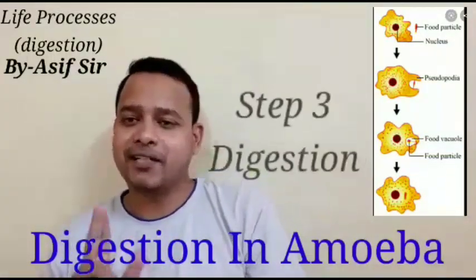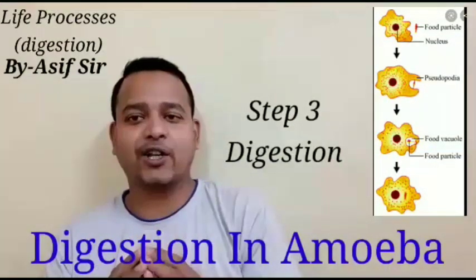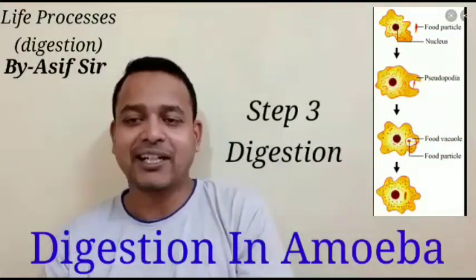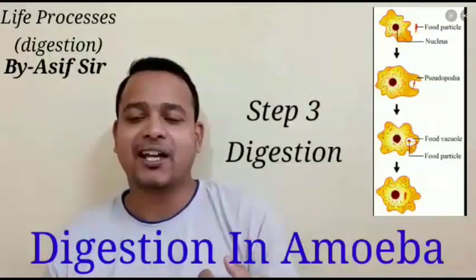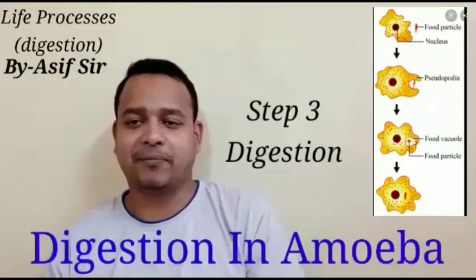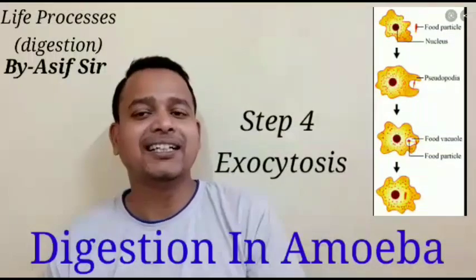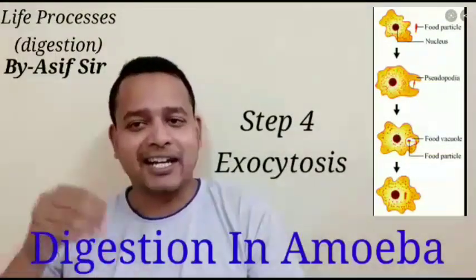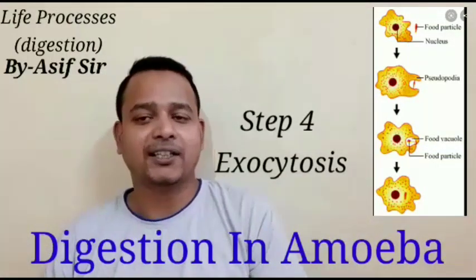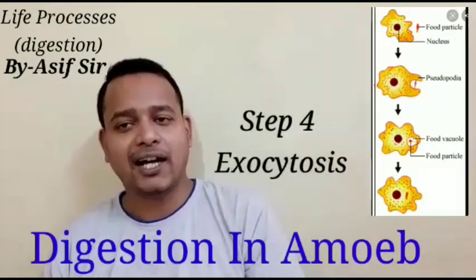The third step, digestion. In this step, whatever food is stored in the food vacuole now gets covered by the hydrolytic enzymes, that is, the lysosomes. These lysosomes help in digesting the food. This is a hydrolytic enzyme. Third step. The fourth step is exocytosis. In exocytosis, the digested soluble food gets into the cytoplasm and the undigested food is thrown out of the body. The throwing out of the undigested food or waste is termed exocytosis. I hope